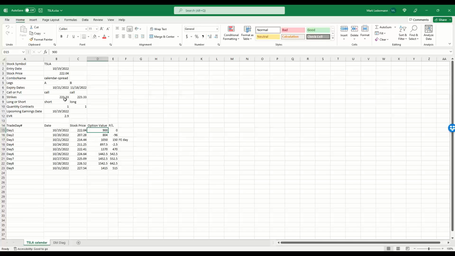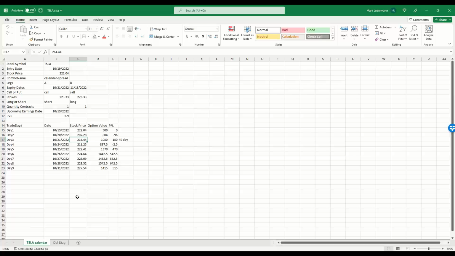Let's see, this is using calls, and you can see that on FE day, the price of the stock was lower than the 223. This is an oddball strike because Tesla had recently split, and when a stock splits, there's the creation of some oddball strikes, oddball numbers. It's not the standard 220, 225, 250. There's some oddball strikes because of what the price was on split day. But anyway, so these fronts expired worthless. Okay, so that makes it simple using the calls here.